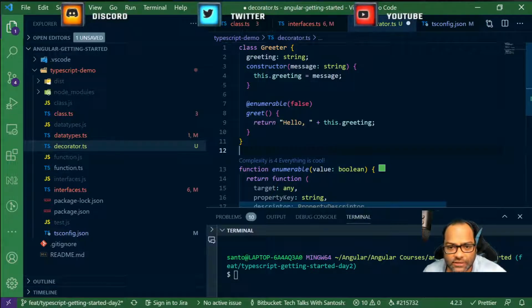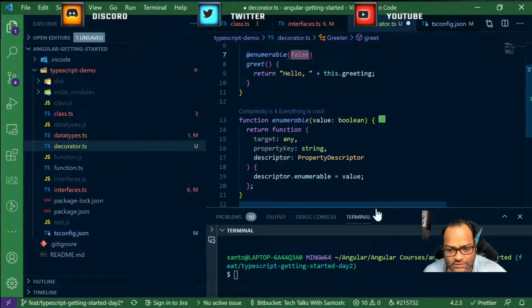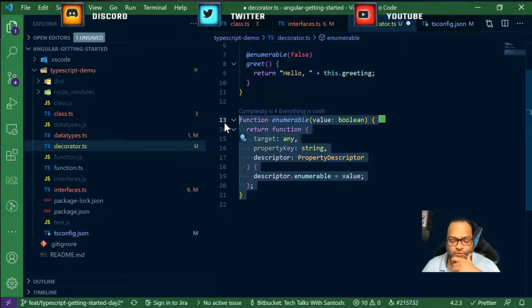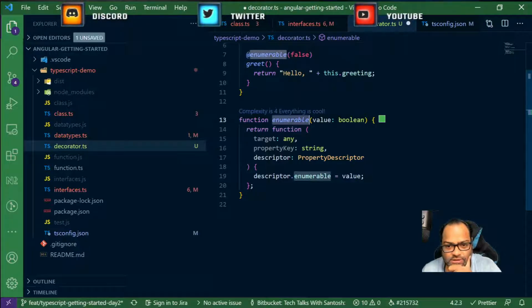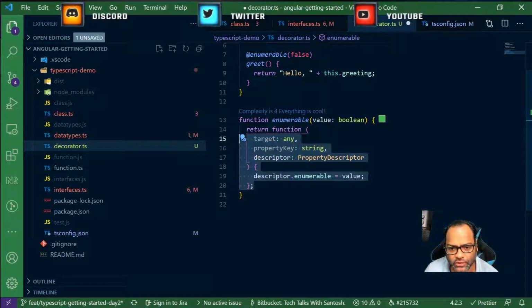So you can see there is a decorator called enumerable, which we are passing a value true or false, and this is the syntax which we have to use in case you are writing a function decorator. So if you see what this function decorator does, it actually returns a new function inside the enumerable function. So it's not something which doesn't exist in JavaScript. We have been doing something like this for a longer time. You may know it as IIFE, right? So if a function returns a function, this is what we do in IIFE.